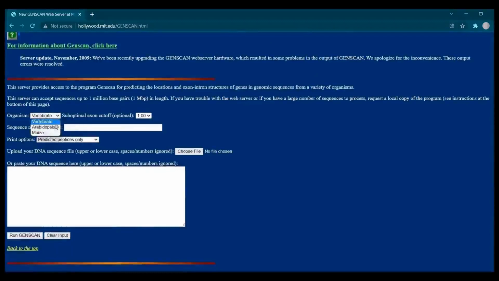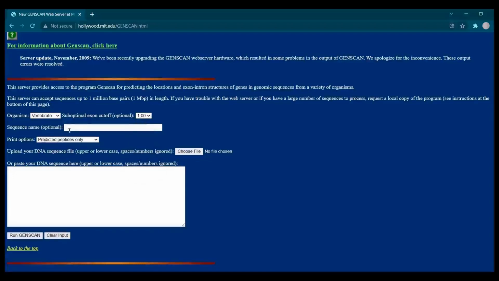And here the suboptimal exon cutoff, the default value is 1. Let's see what suboptimal exons are later. We'll just look at this criteria and what has to be set up. Here, as the default value is 1, there will be no suboptimal exons displayed. It is advised to choose 0.10. It is because less than this will lead to many false positives, and greater than this can lead to many false negatives. So not to miss any suboptimal exons, it is advisable to set the value to 0.10.